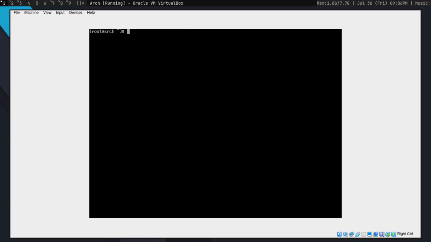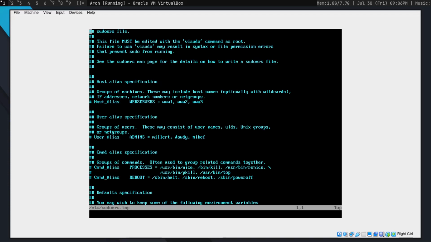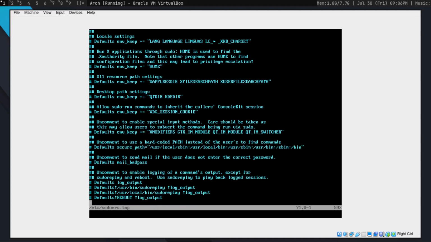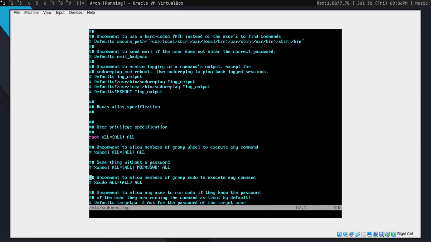Where is it? Oh. EDITOR=nvim visudo. Okay, hit enter. Go down. You will find a line which says %wheel ALL=(ALL) ALL.